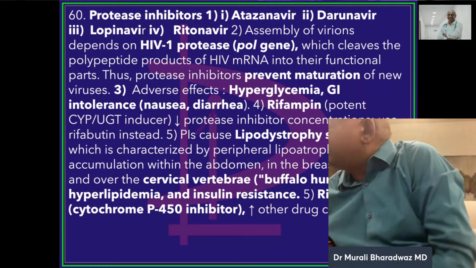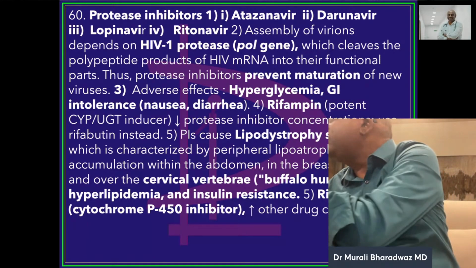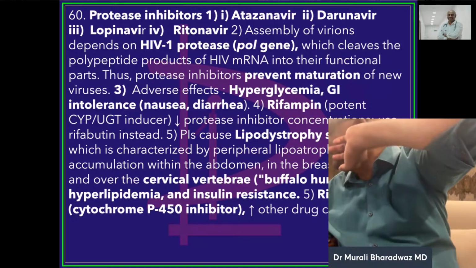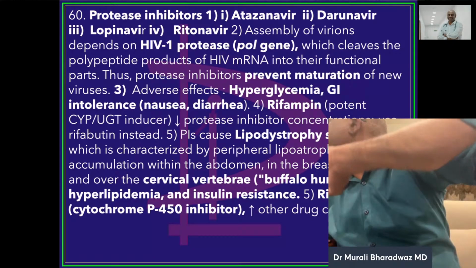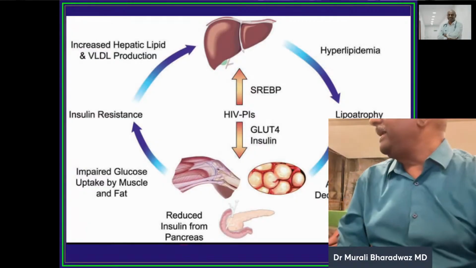But ritonavir's metabolism is dependent on P450, which if it is induced by rifampicin can make it ineffective. That's the point. Even though your point is valid, but